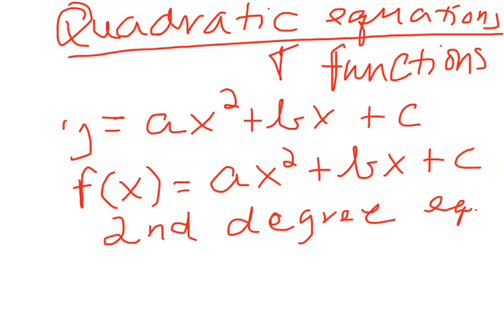Now, why do we call it a second degree function or equation, guys? Here's why: because the highest power on x is 2. That's the reason why. So guys, because it's a quadratic function, it's a second degree function, we are going to look at what that means. What does that mean, guys? Okay, here's what it means. It means, guys, when you solve these,